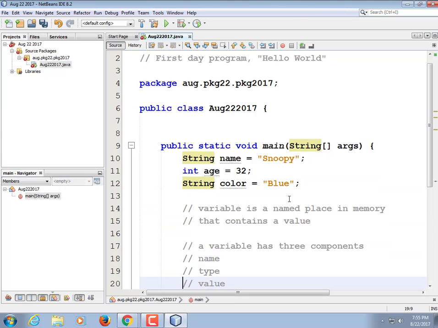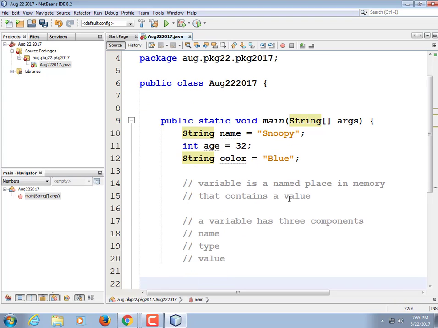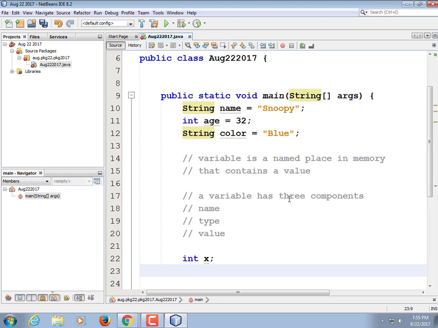When you create a variable, you don't have to assign it a value. What do I mean by that? I could just do int x and not even give x a value. That is what's known as an uninitialized variable. It doesn't contain a value yet. It's not a syntax error like it was when we typed color in without the word string, but it doesn't